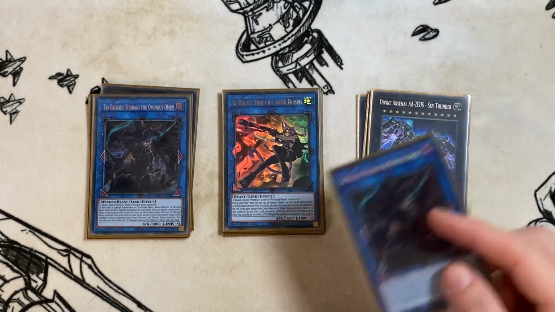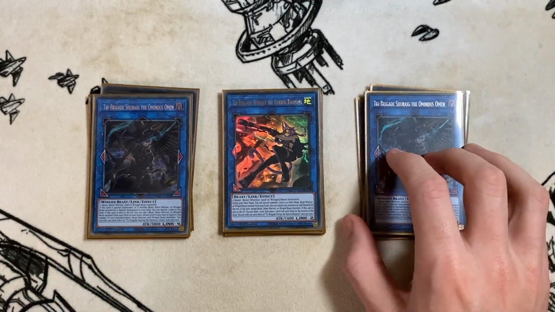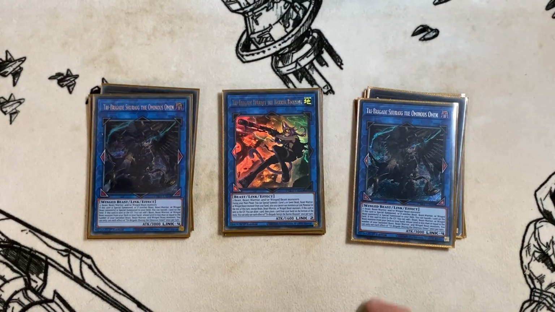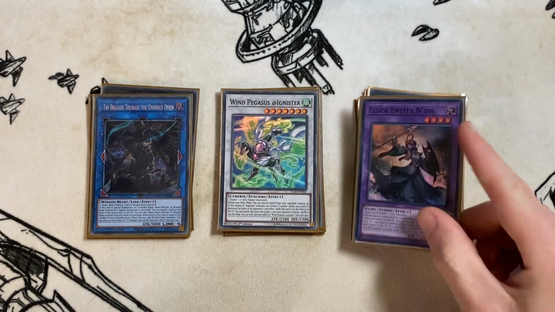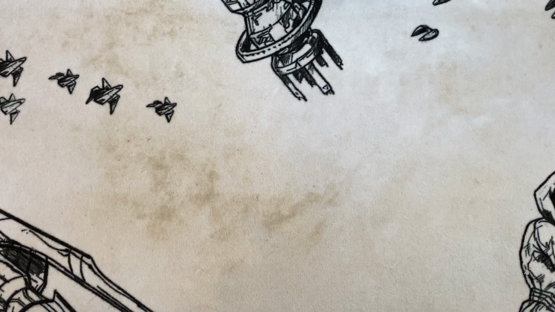Just mainly because when Shurig goes to graveyard, it adds Wing Beast if you have Wing Beast in Banish. And because you're going to be putting Wing Beast in your Banish, this is going to resolve. And then lastly, we have 1 copy of the Wind Pegasus @Ignister, and then 2 copies of Elder Entity Intis. Okay, we are going to quickly go through the side deck